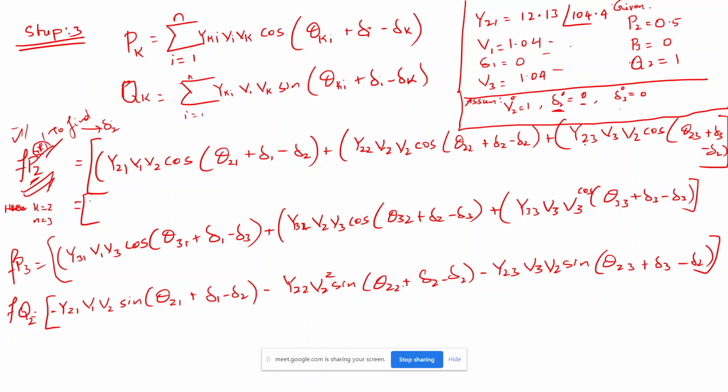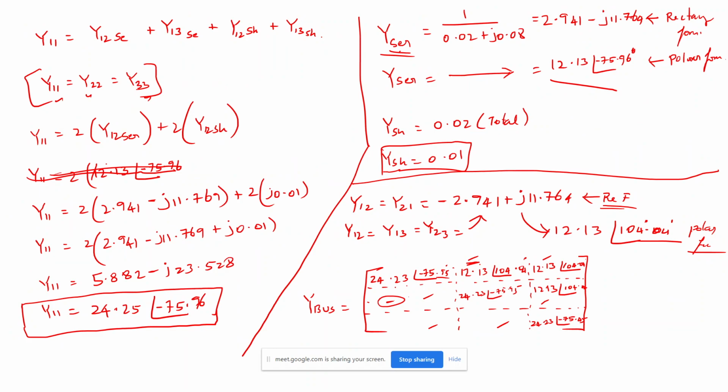Right? If that is the case, tell me what is y21 value. If you want, I can show here also. What is y21 value? Note down. Y21 is here, this one. Tell me fast. Write down the Y bus matrix in your note, because I cannot change the slide again. Please write down the Y bus matrix in your note, and whenever I am asking, please tell me the values.